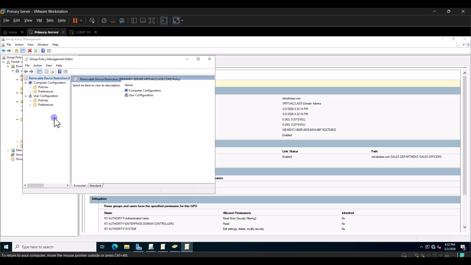We are applying it on computers, so in this case, it will be in Computer Configuration. I know where to find it. If you don't know where to find it, you can just Google it and you will have the steps to where to go. If you come to Policies